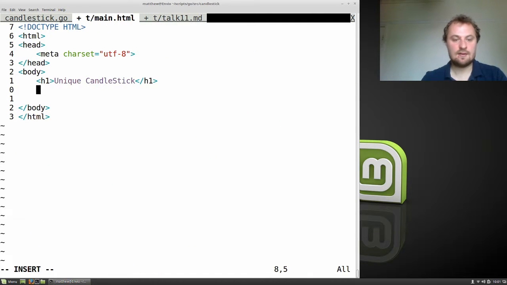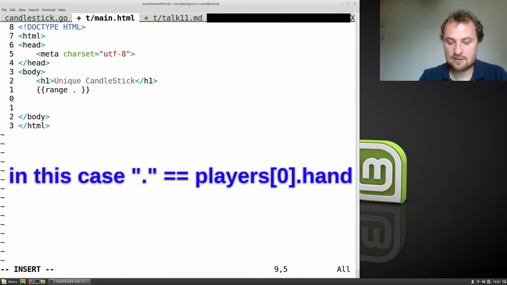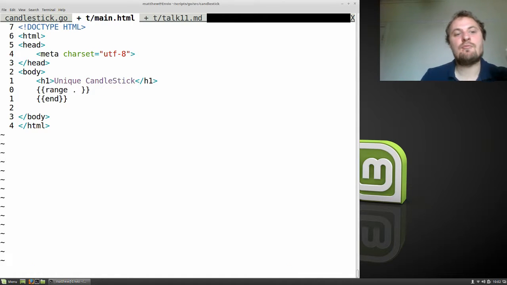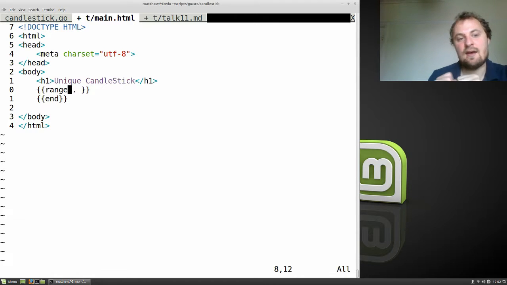Which should mean that in here we can use fancy template language stuff. Range over dot. Actually, dot represents whatever was sent in to this, and we're just going to range over it. And dot will then, yeah, this is complicated to explain. Don't worry about that too much. So range will take whatever data is sent to it, expecting a list, just like in Golang. This is a slightly different language which links to Golang very tidily. It's actually really cool because you can even give it your own functions to work through here, which will run as Go code,